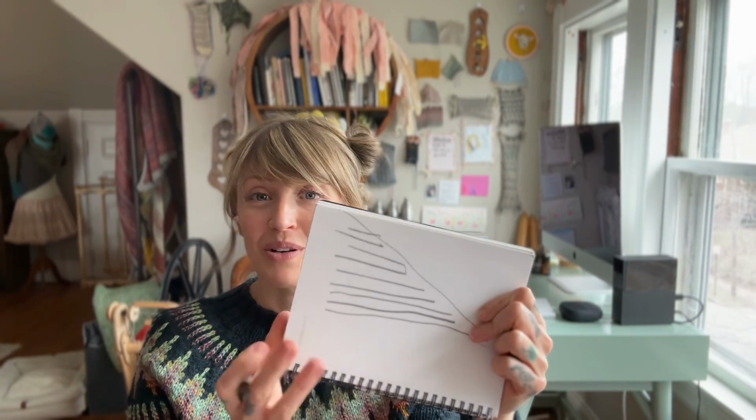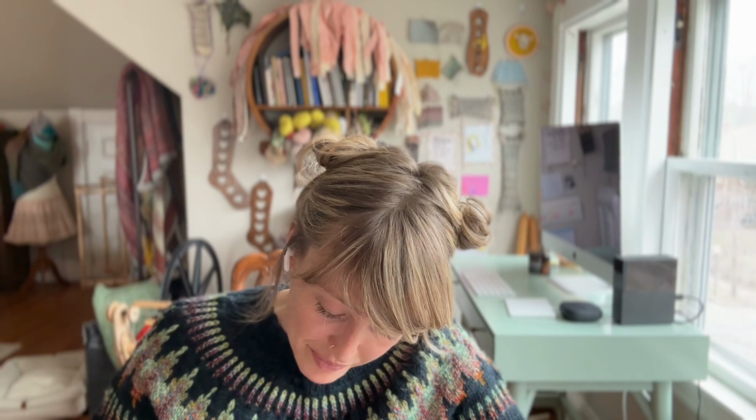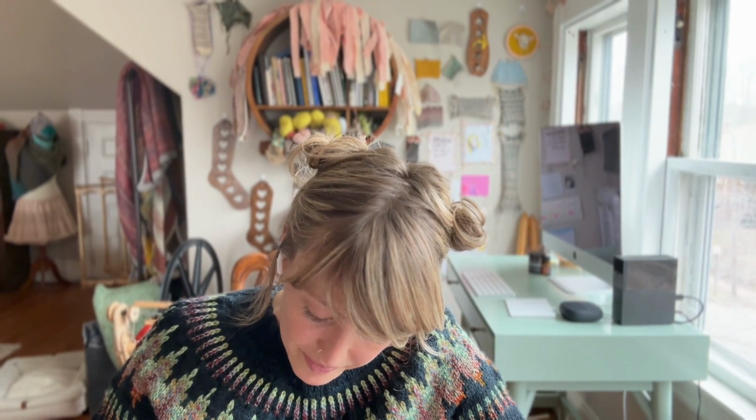And the best way to know is to draw it out. I do it all the time when I'm like, wait, okay, how do I need this to look? So if I am doing a top-down sweater, I'm going to draw it and then just show you, because I don't think my camera's focusing that well. So if I go shorter and longer,